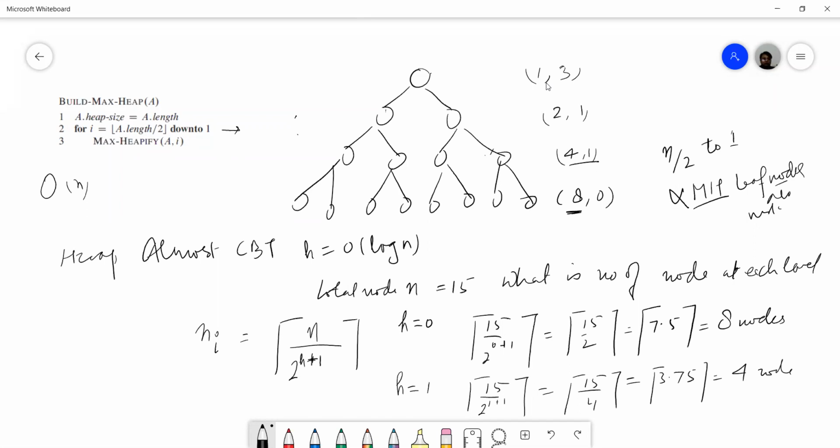So now how many levels are there? Log n levels are there. And what is the work done at every level? Let's see here. Work done at every level, suppose it is Cn. So we have sigma i equal to 0 to log n base 2, h upon